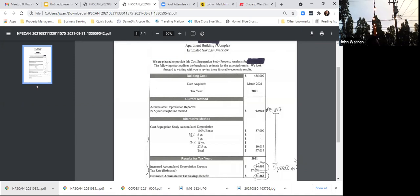So I could walk into any property, let's say in this case a multifamily property, and say, hey, the tile floor does not last 27 and a half years. It lasts 7 years. I put that in the 7. The wood trim, whether it's crown molding or baseboard, will not last 27 and a half. Put it in the 5-year. They have a small parking lot, that will not last 27 and a half years, so put it in the 15. Anything we put in the 5, 7, or 15-year bucket, you're allowed to depreciate 100% today,